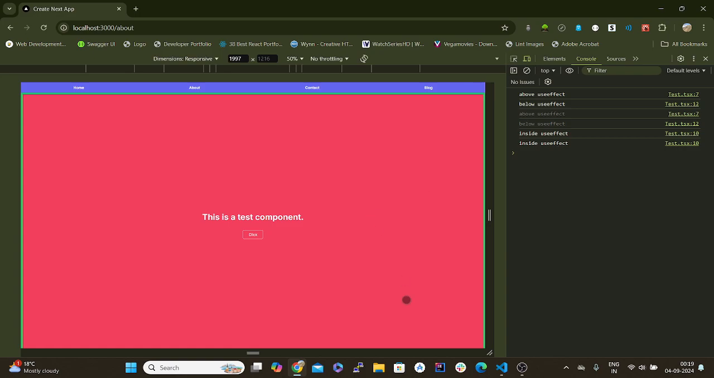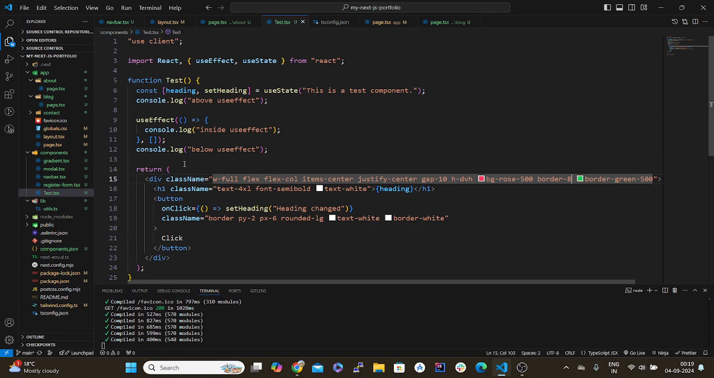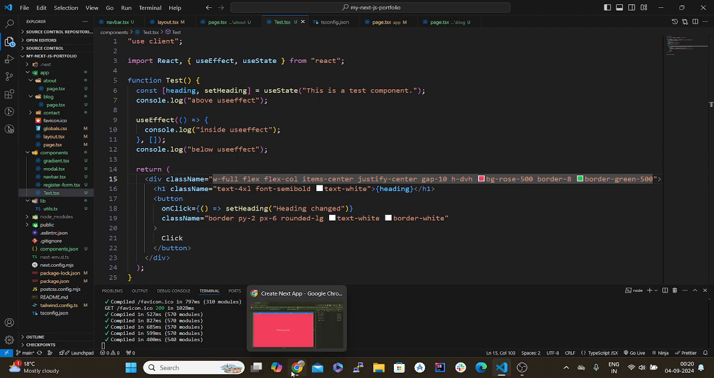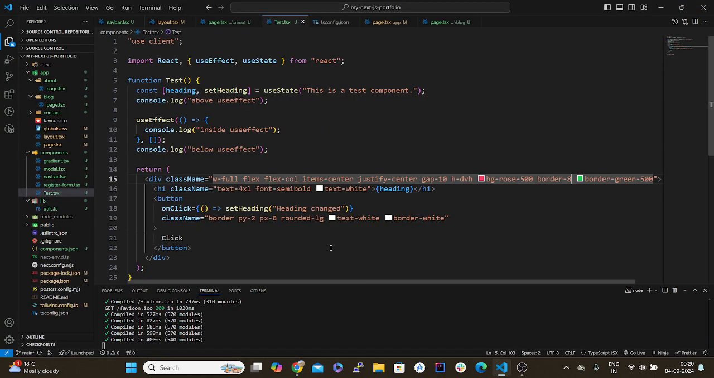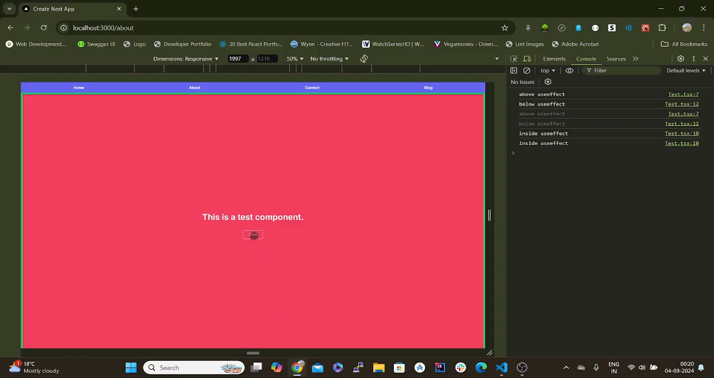But I have put an empty dependency array here. So let's see the effect of this array, the effect of the second argument, empty array, on the useEffect when the state changes. So when I click on this button, what would happen is on click, the value inside this heading would be changed to heading changed. So let's click on this. As you can see, the heading changed, but